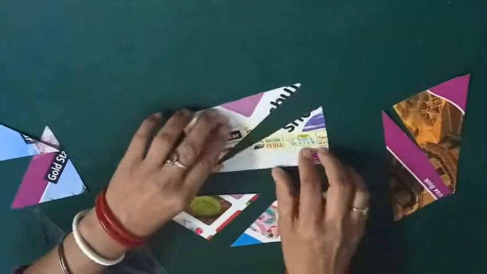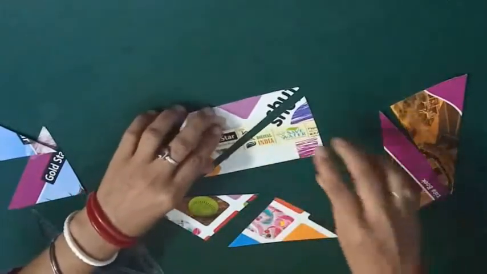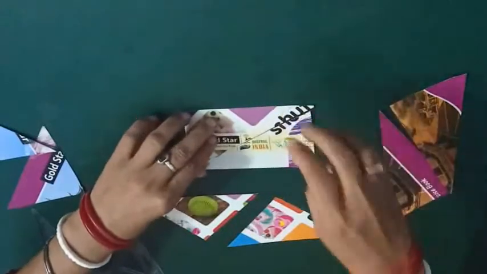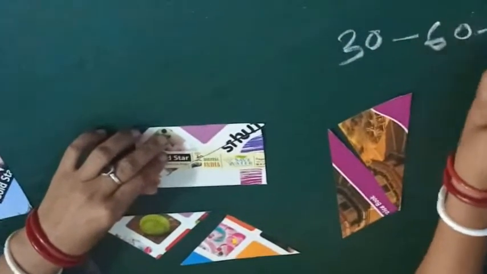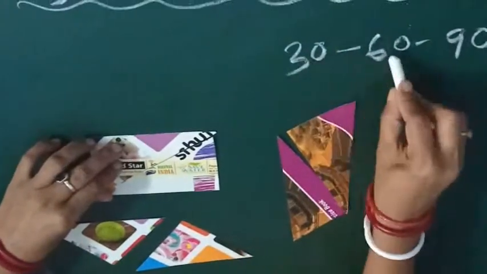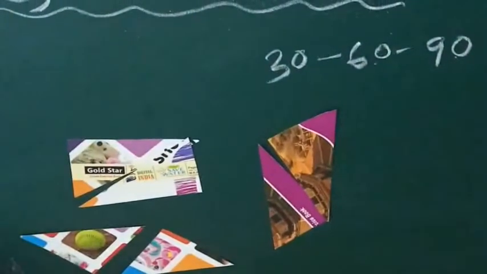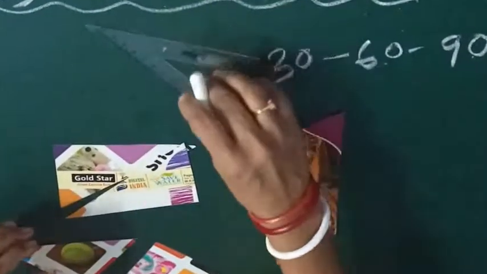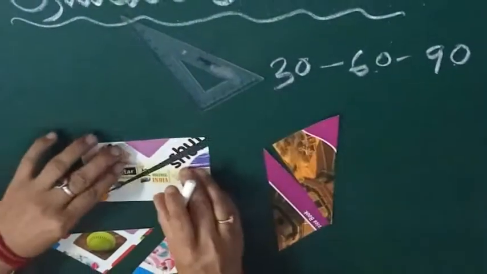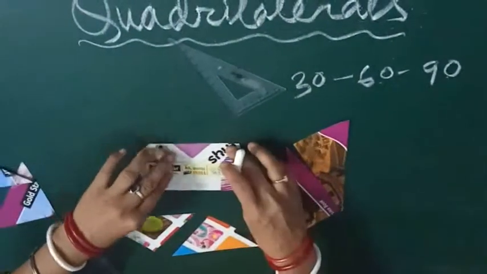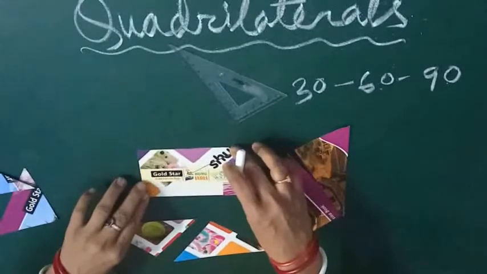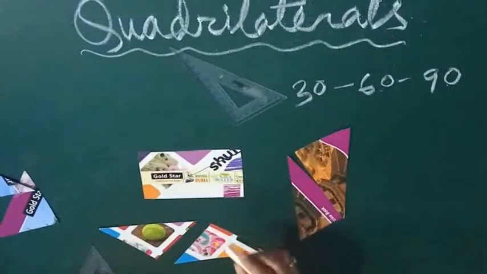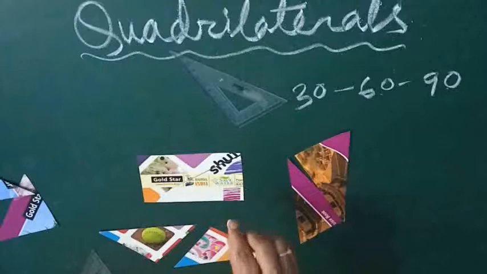What I want to show here: if I put these 2 paper cuttings from this scalene triangle, which one was 30, 60, 90, 30 degree, 60 degree, 90 degree, that's the set square. That means I am telling about this one. If I am putting these 2 cuttings like that, what is the shape you are getting, you tell me? Yes, the shape you are getting is a rectangle.